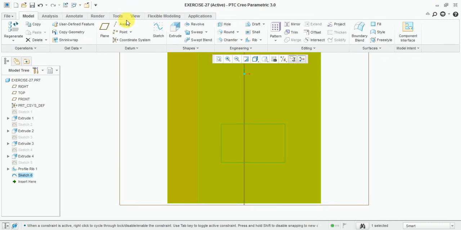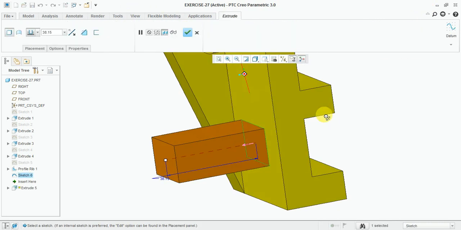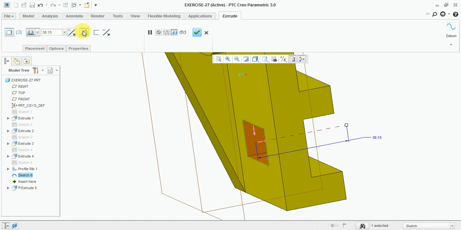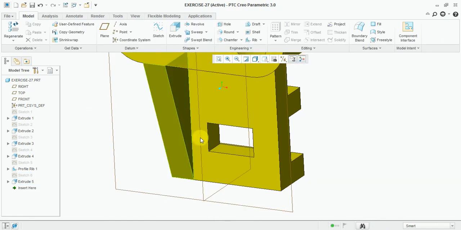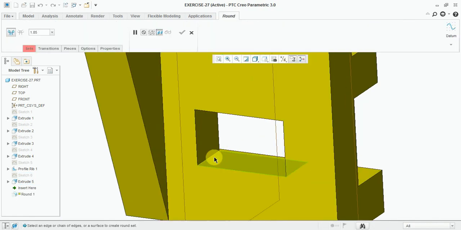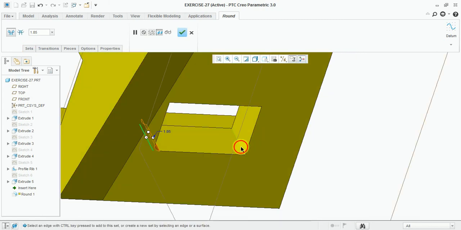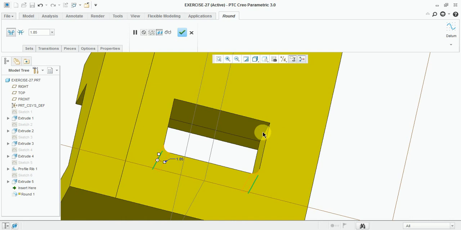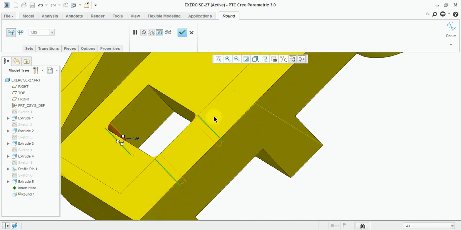Finish sketch, opposite direction, through hole. Okay, now select the round. With the help of Ctrl, select all 4 edges. Enter here 8 mm.